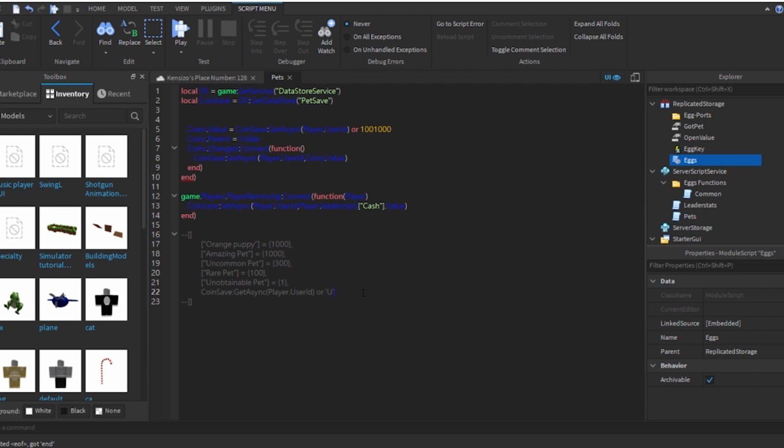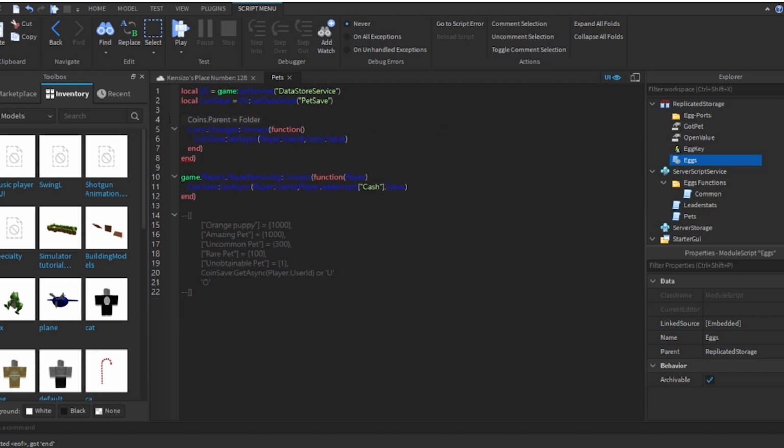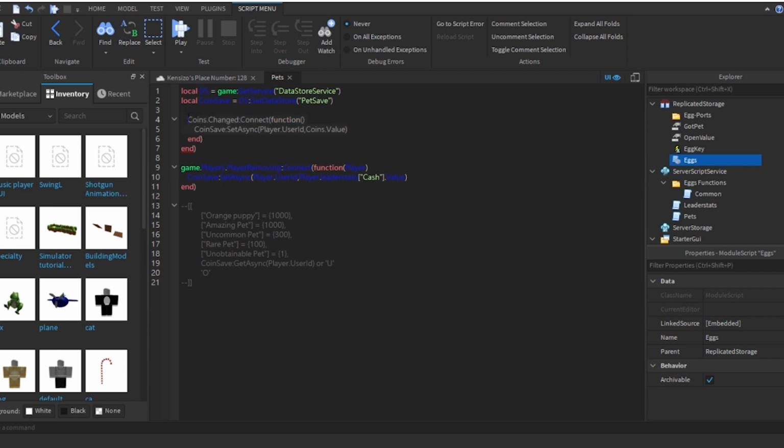you. So basically what we're going to be doing is changing it every time. If the player owns it, it's going to be O. If the player doesn't own it, it's going to be U. So we're going to delete this. We're going to delete that. We're going to keep that right here. All right. What we're going to be doing now is we're going to be doing